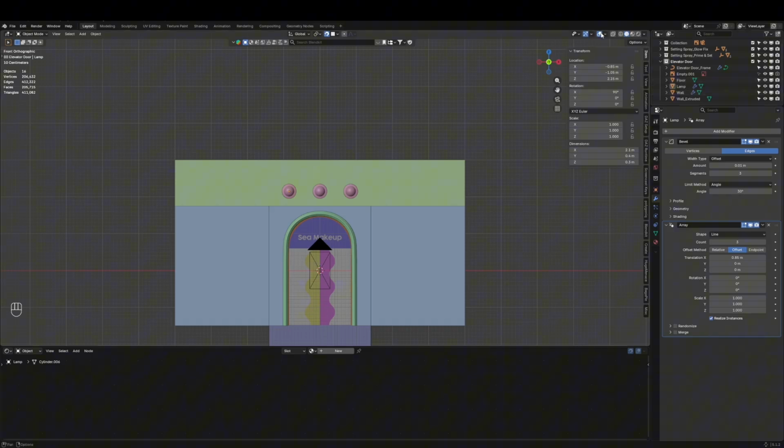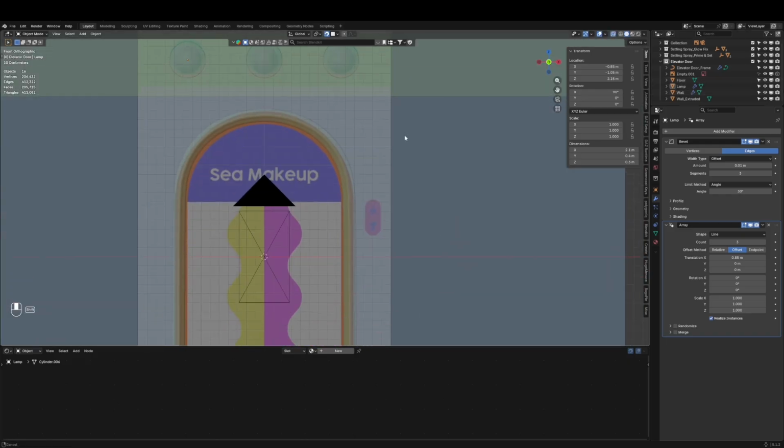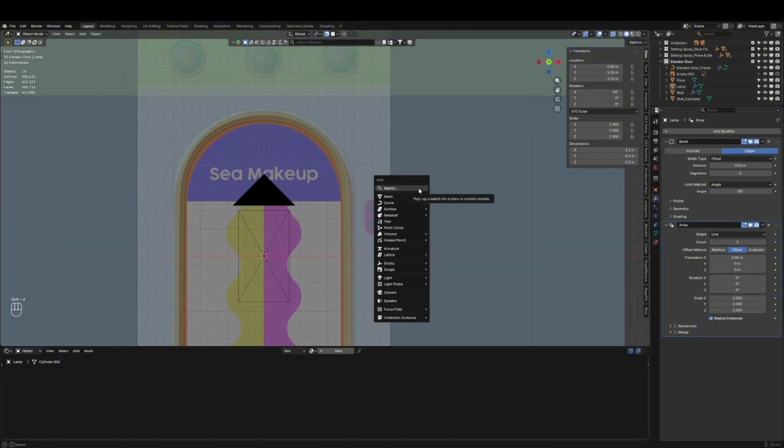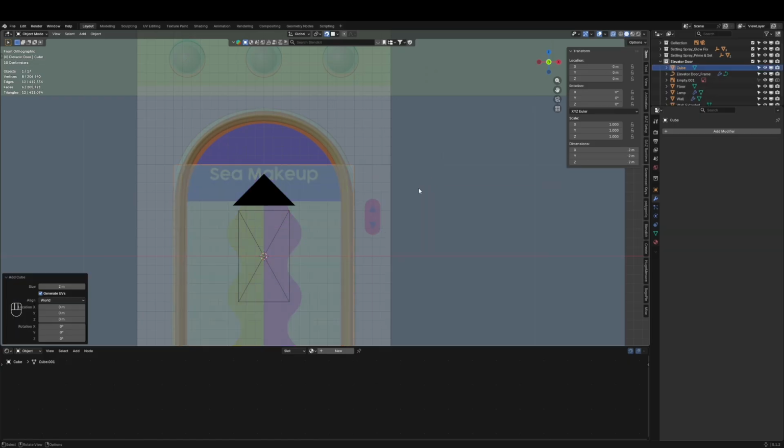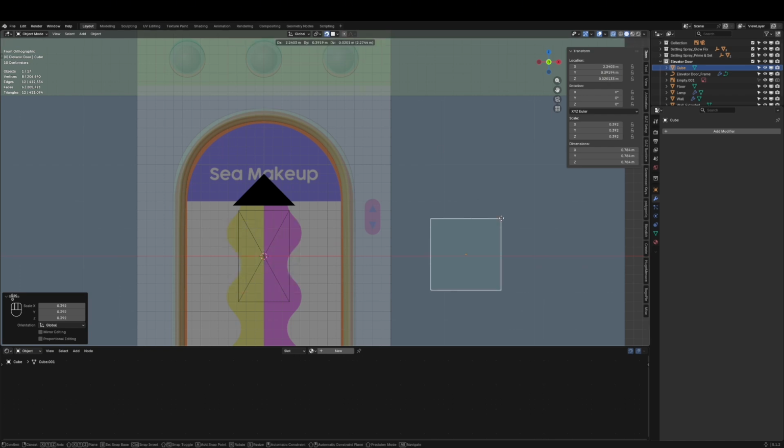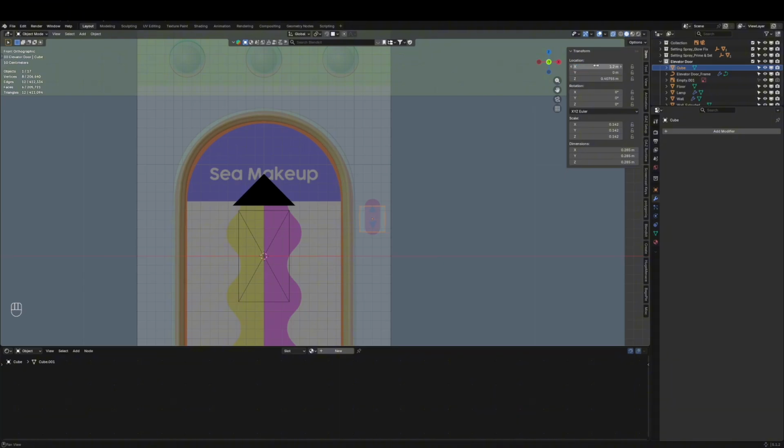Okay, what should we do next? Let's just do this. What do they call it? I don't know. This part, like let's do cube, scale it down. Let's turn off this first. GX, scale it down. GZ, 1.2,